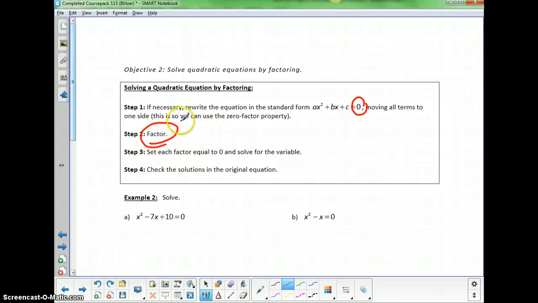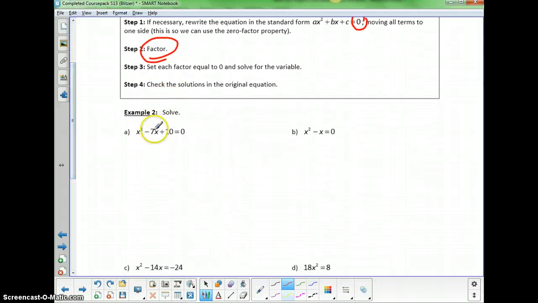I do know that I'm going to have one positive sign and one negative sign. I don't know which one's supposed to be which. I'll just throw some in there and try it, knowing that I'm probably going to have to get it wrong and try again. So let's look at these. This one